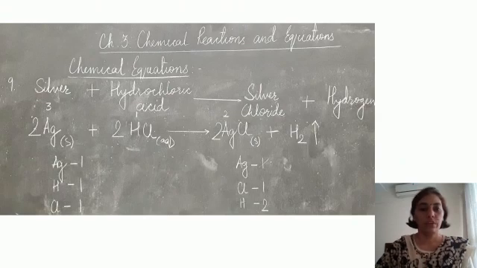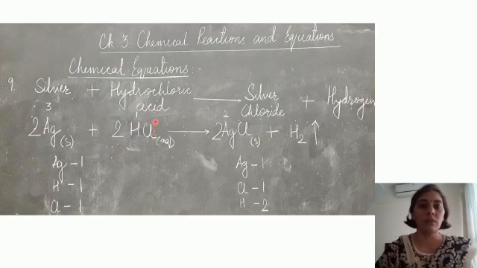Coming to one more equation, that is silver plus hydrochloric acid, and this gives us silver chloride and hydrogen. Now let us make an equation out of it. Silver, molecular formula of silver is Ag. So we write down Ag, it's a metal, so we write down solid. Hydrochloric acid, aqueous, that is HCl we are taking. Hydrochloric acid, again you remember the formula HCl. We will never say it is hydrogen chloride. We always say hydrochloric acid.